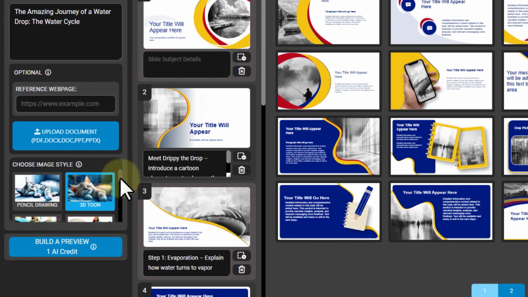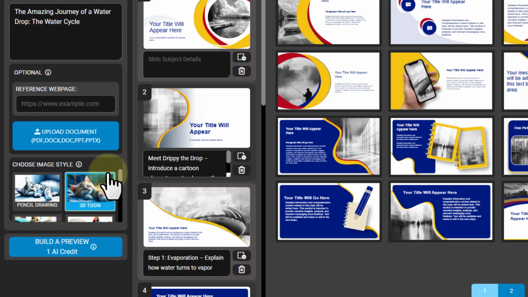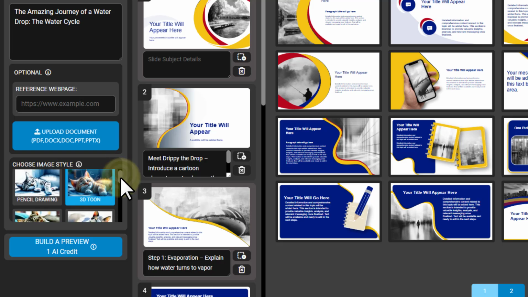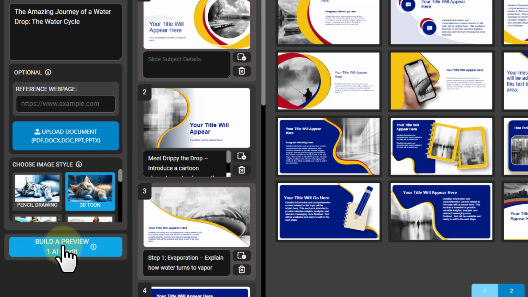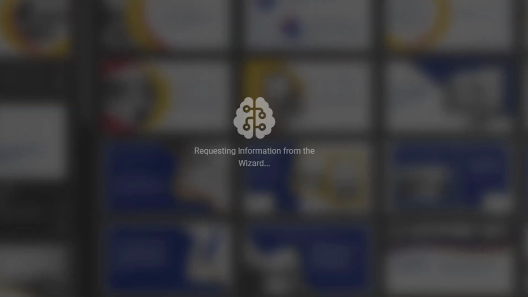Over here on the right hand side, I select what I want to choose: AI. So AI will create my images in a 3D toon, kind of Pixar look. I'll save that. If you're trying out the presentation maker, you won't have the option to have AI generate your images, but you can still build a presentation and add images from a stock library in the next step. So I'm going to click build, preview, and we'll see you in just a minute as AI